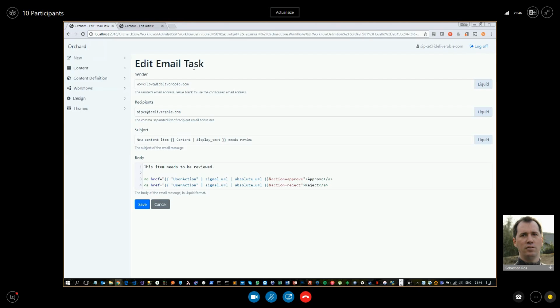Yep, totally. That's the power of Liquid, and much simpler than the tokens we had. It's simpler and it's powerful because you can now provide not just filters, but also arguments to filters. I don't think we had that. Then you can do variables and everything if you need. You can render a shape if you want here. You can render a shape in your body if you need to. I don't know why, but you might.